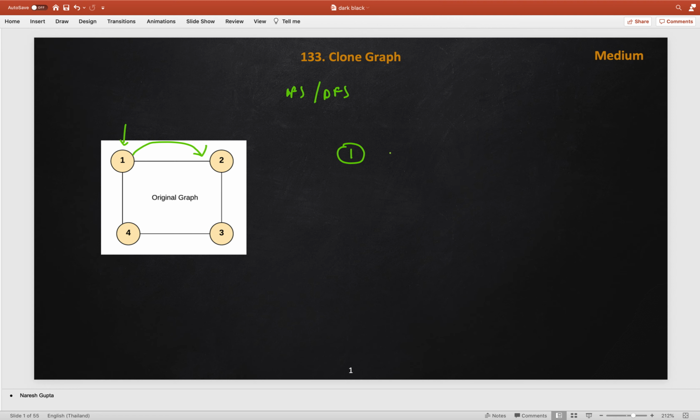If it is not already copied, then we create node 2. Then we jump onto node 2's neighbors. We go to node 1, which is already created, then we skip that. Then node 3, we create node 3 and go to node 3 here. Then we go to node 4 and create node 4. Now after reaching node 4, we have adjacent nodes which are already visited.